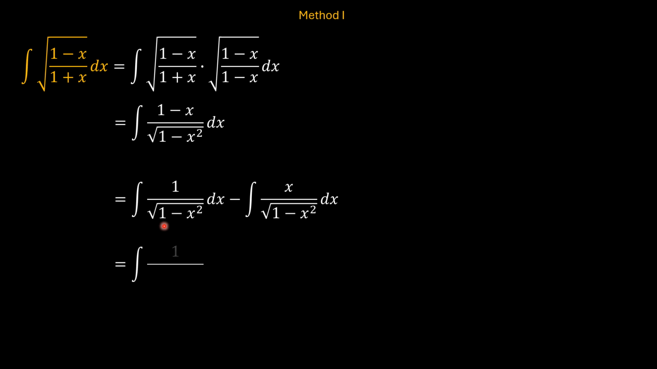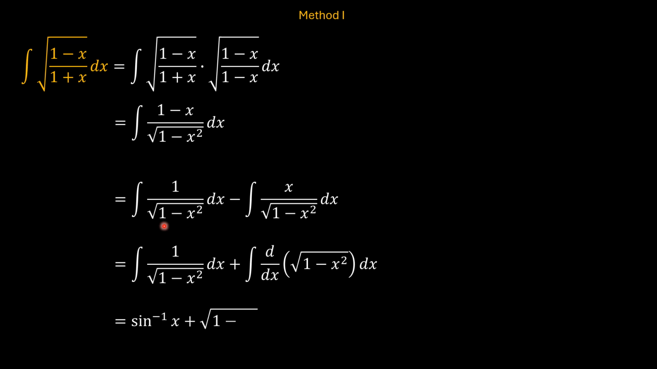So eventually, our problem becomes the arcsine of x plus the square root of 1 minus x squared plus the integration constant. And that is as simple as that. That's the first method. Second method, we could go the long way, it's pretty much similar to the first method,